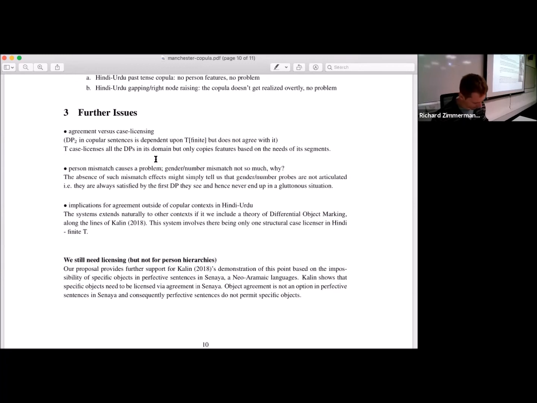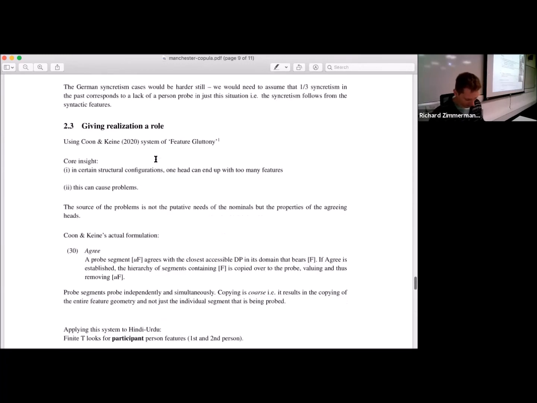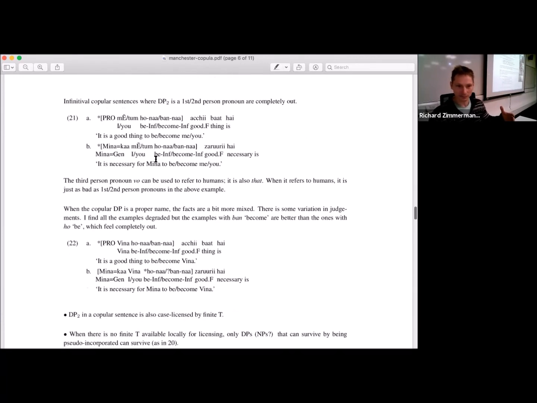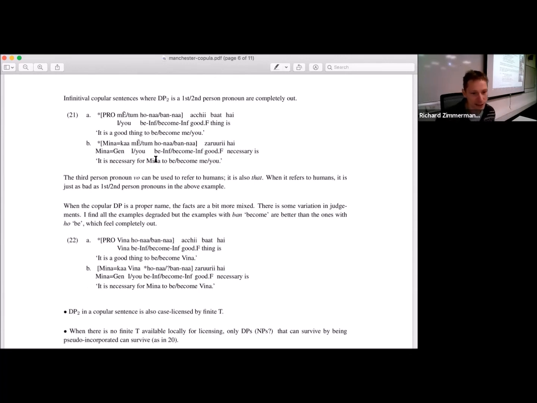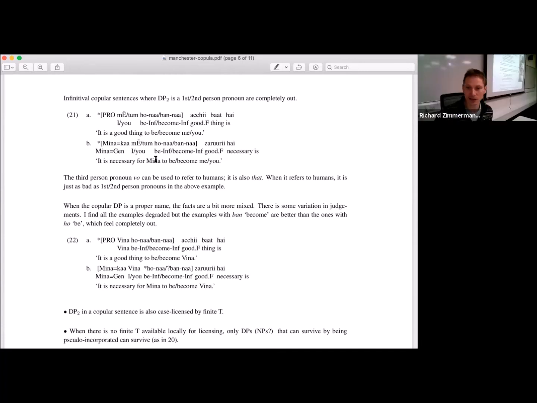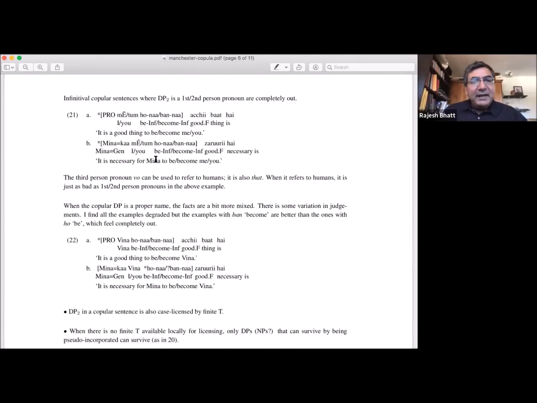clause. So I think that was in 21. I don't remember it, but it was something like my being Veena. I think that would be a sentence. So if I take 22b, for instance, and turn it into something, my being Veena is necessary. So I have one participant before 3, but in a non-finite context, would you not also expect that this becomes good or bad according to the mechanism that you're proposing there? So it just seemed to me like this is the third point in your list. My being Veena,